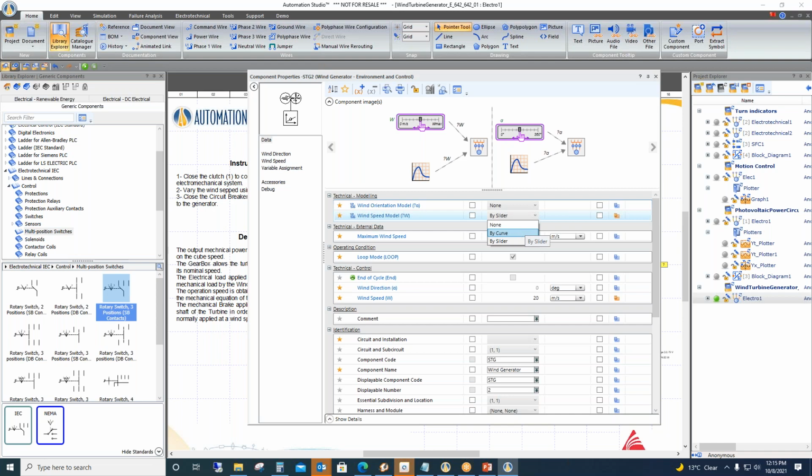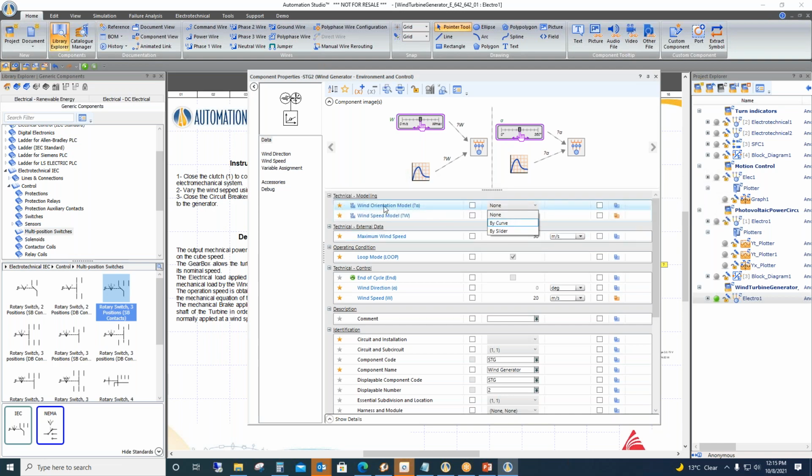For example, by none you will have a fixed speed, that is 30. By curve you will have a wind speed curve, where you can draw a curve for the values of the wind. Then by slider you will be able to vary the wind during simulation. So these three types of control are available for this wind generator.